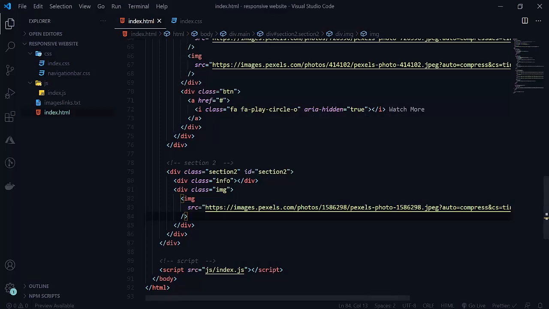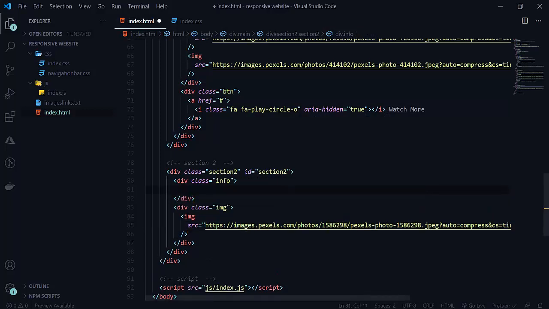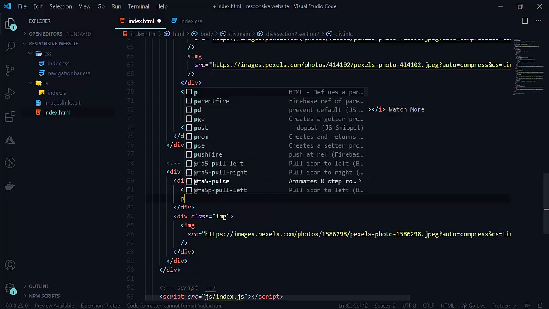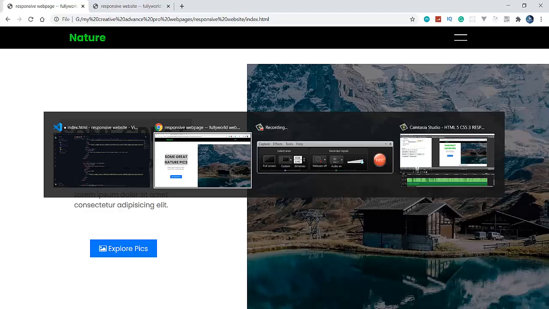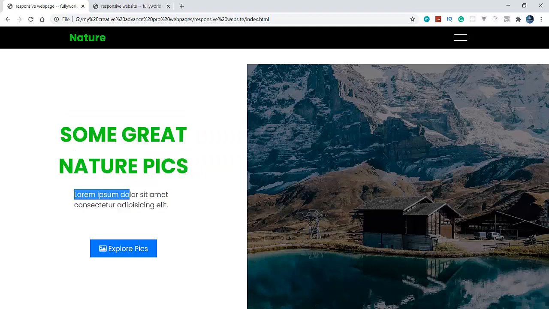So here will be our heading, this one, and we want our paragraph. In the paragraph there will be our dummy text,